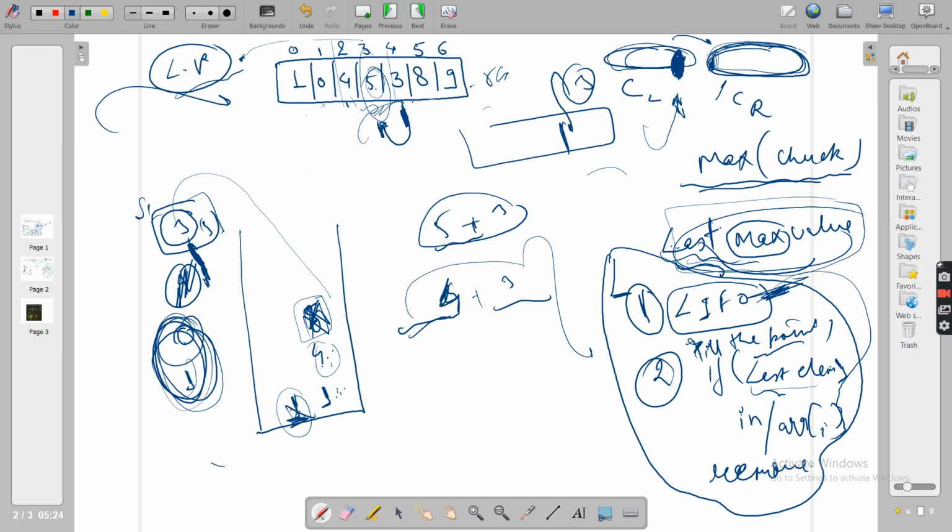Can you say they are sorted when you keep them together? No, obviously not, because the maximum value of the previous chunk should be less than or equal to all the values of the right chunk. Before it, everyone was fine; only when 3 came did the situation get chaotic. So 3 will say, 4, you cannot be in a separate chunk, come with me. In whatever chunk I go, you have to come with me. So 3 5 4 will be together.